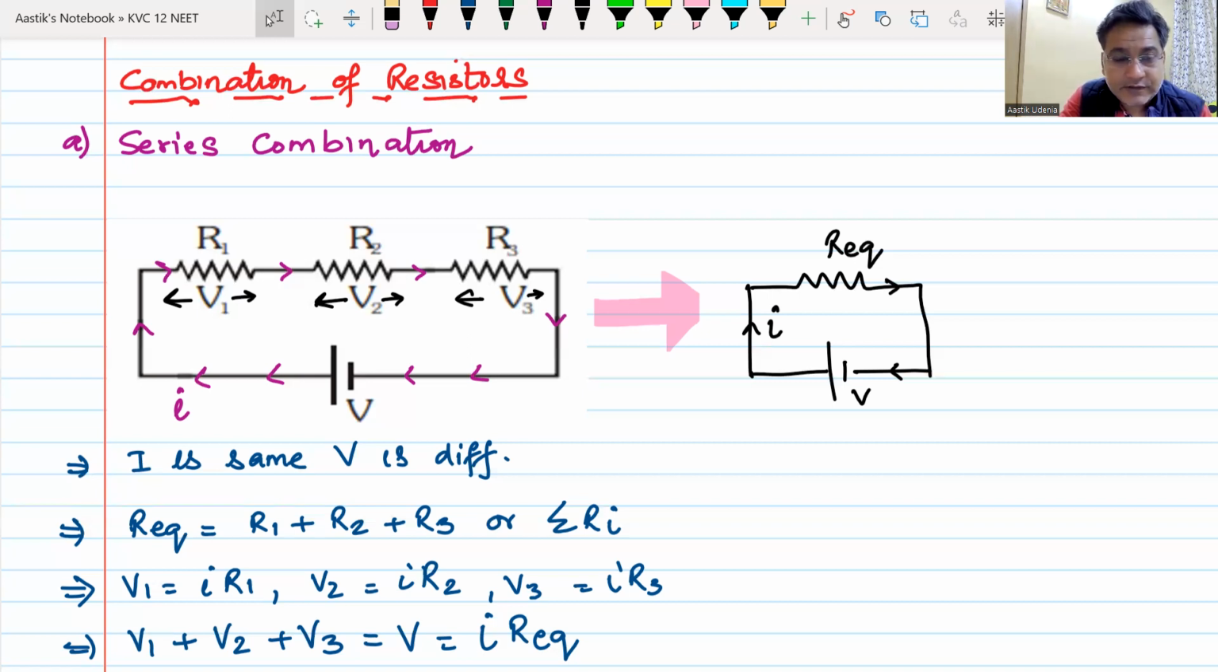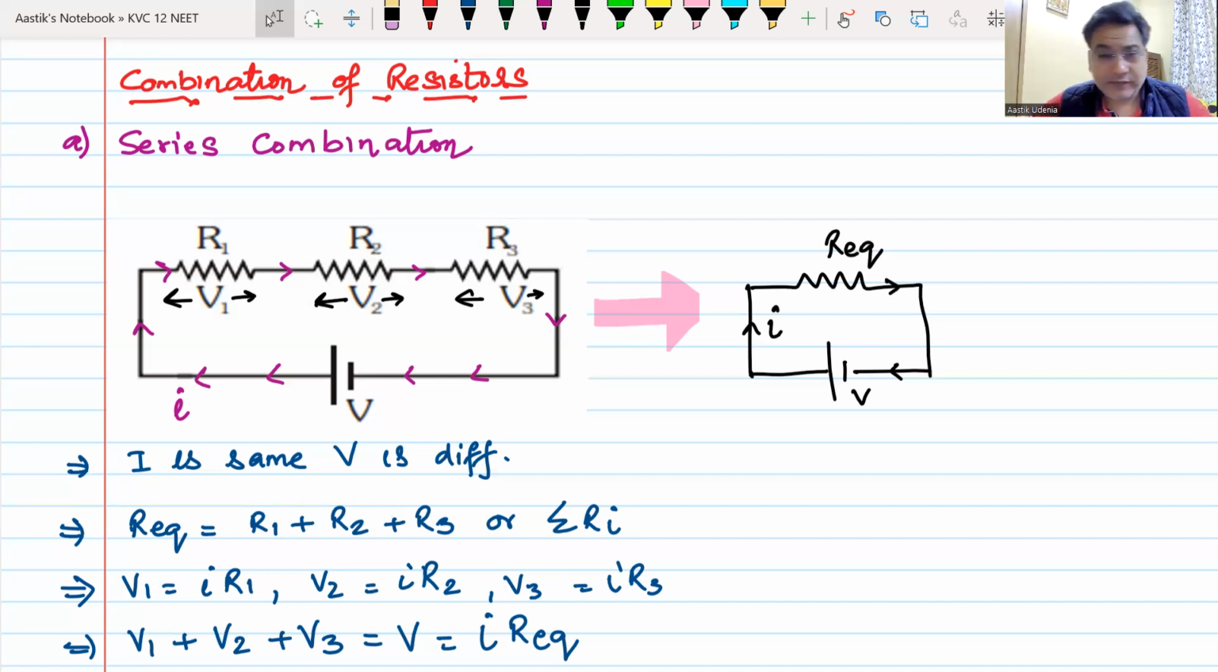Anyone remembers what was the energy stored in the capacitor? Half CV square, sir. Half CV square was the energy stored. Capacitor stores energy. What about resistor? Does it store energy? Resistor cannot store energy. It's just a conductor. It cannot store energy, but it can develop heat, or it can consume